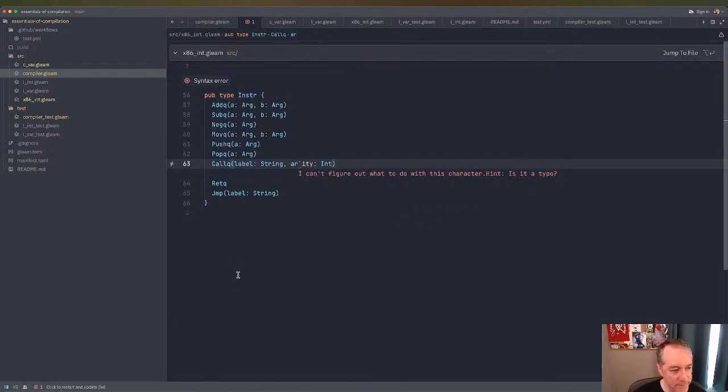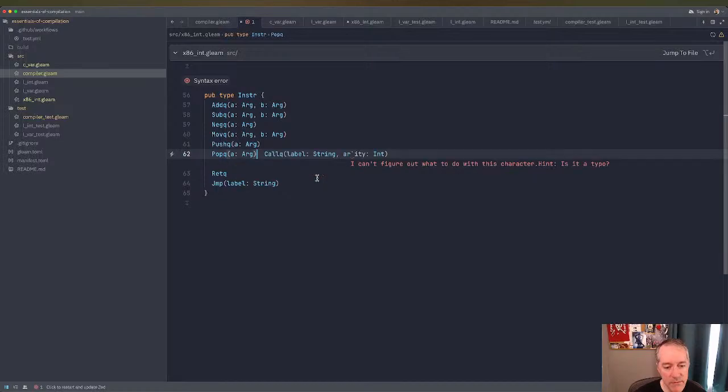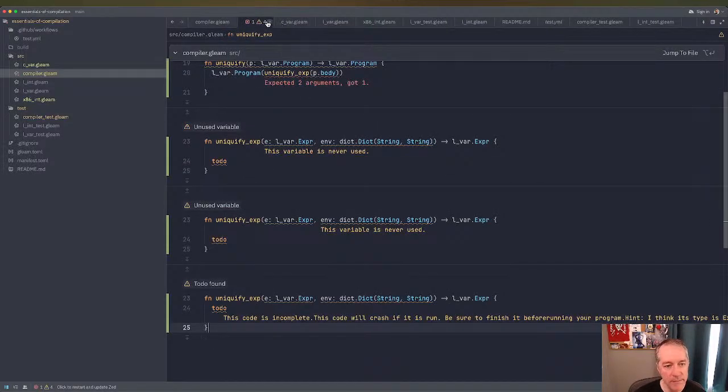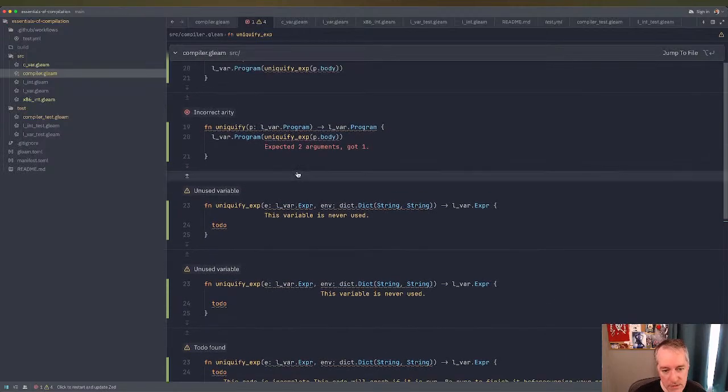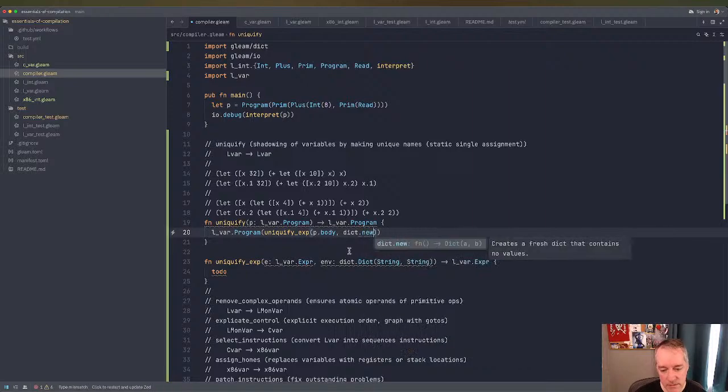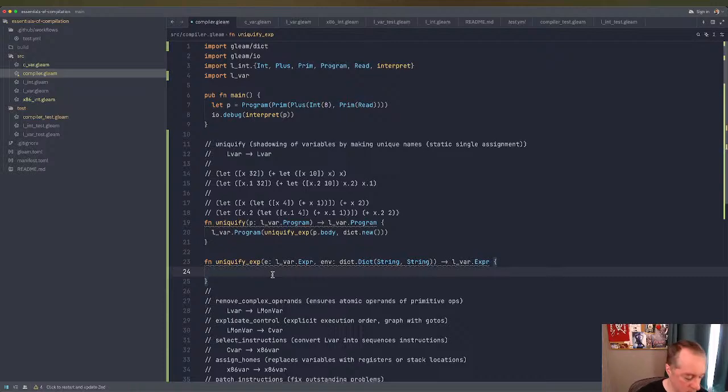Okay. What's wrong here? Oops, I have a typo. Yeah, this code is incomplete. Expected 2 arguments, got 1. So it needs an env. So we'll have dict.new. Okay. So at the beginning of this evaluation, there's no bindings. So now we need to do,